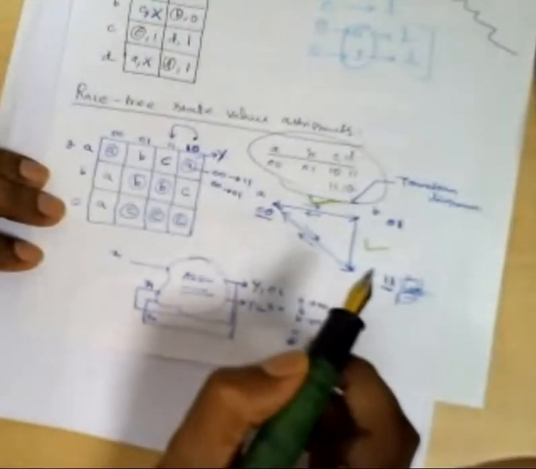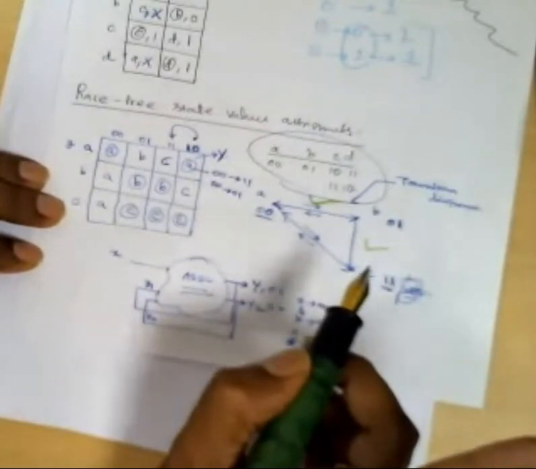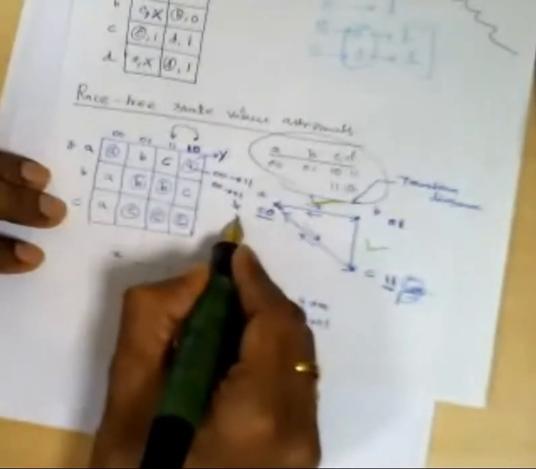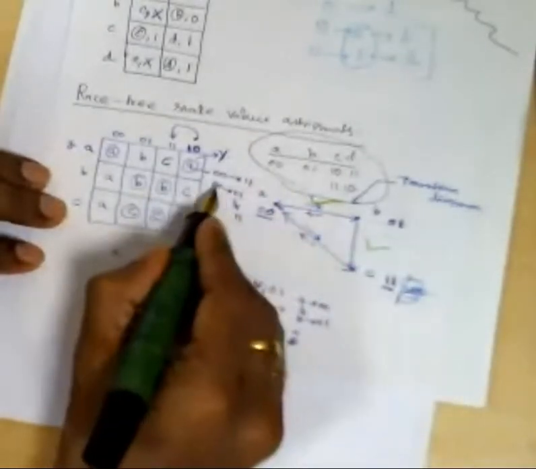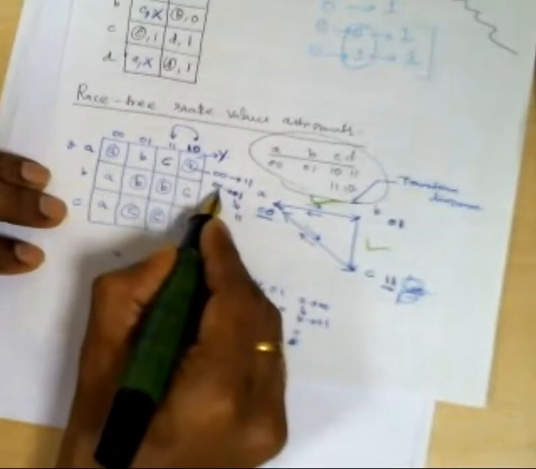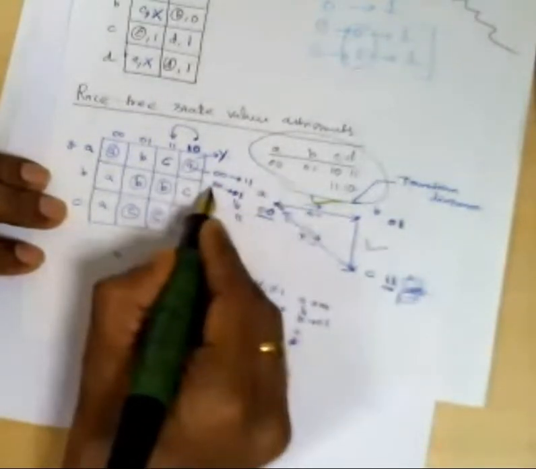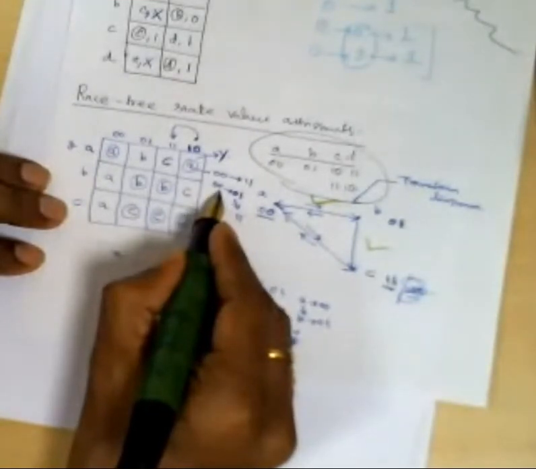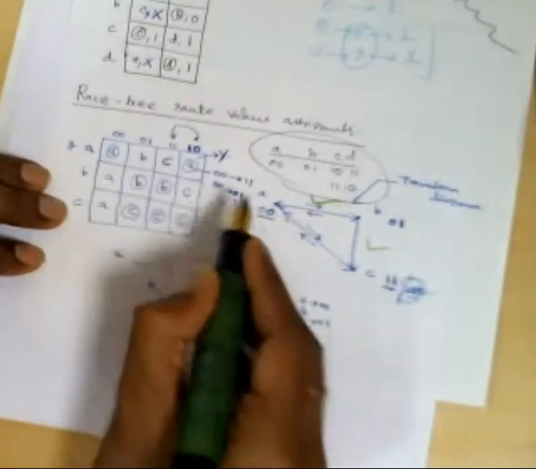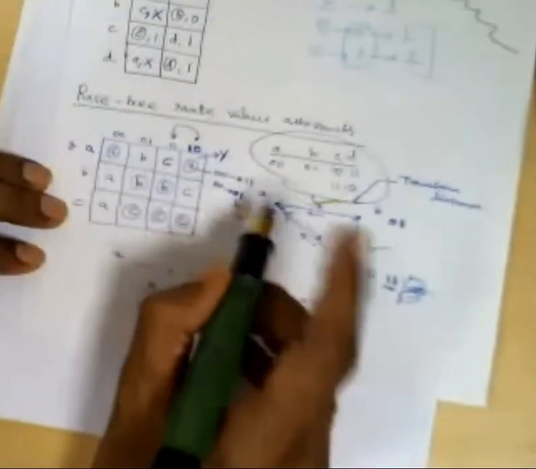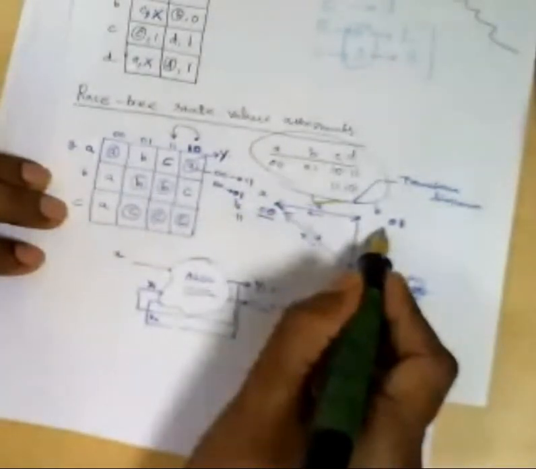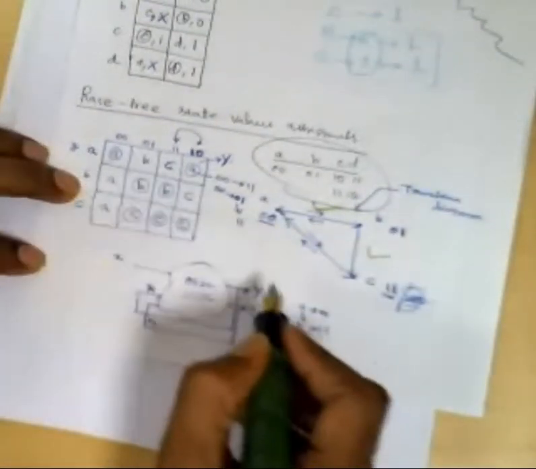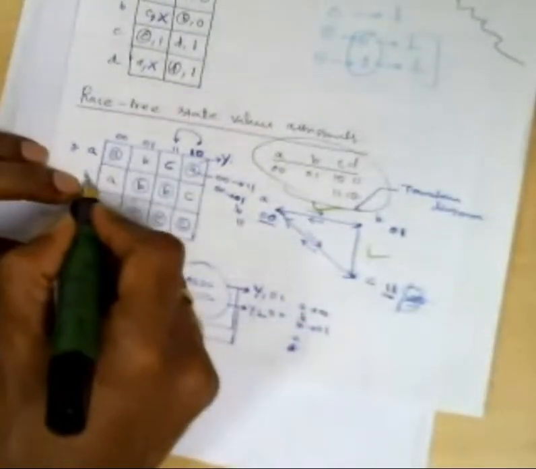Because of races, and critical races in general. For 0, 1, we assume that it will go to 1, 1. If it is becoming 0, 1, that means this becomes 1 faster than this 0 to become 1. This 0 becomes 1 well in advance before this 0. Therefore, now 0, 1 is a B state. 0, 1 is assigned into B state. Now the circuit will go to B state because that 0, 1 only will come back here.